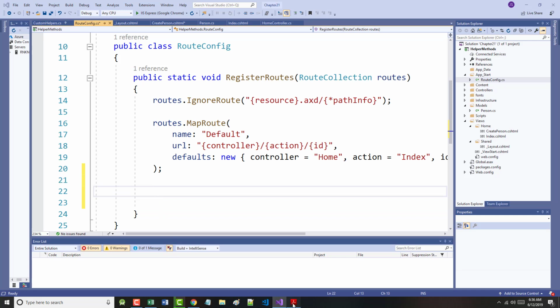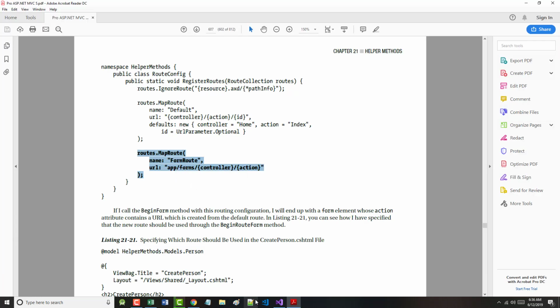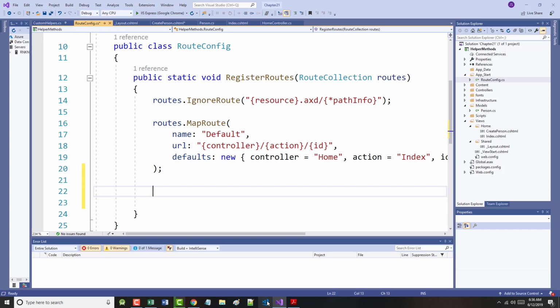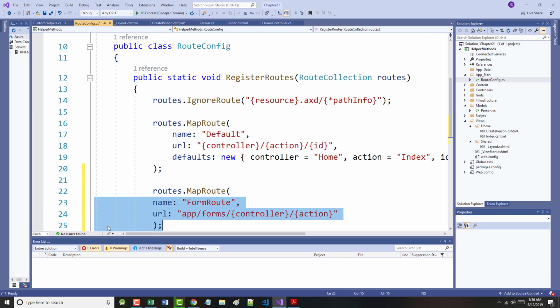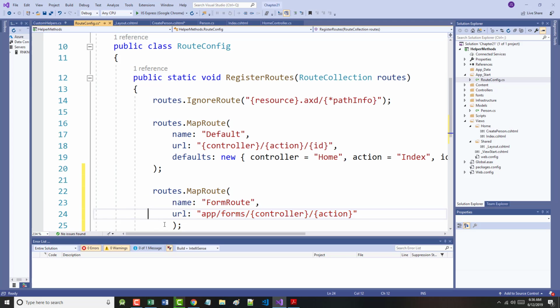It took all right, the author mentions if I call the BeginForm method with this routing configuration, we'll end up with